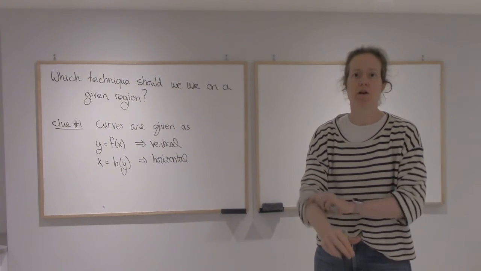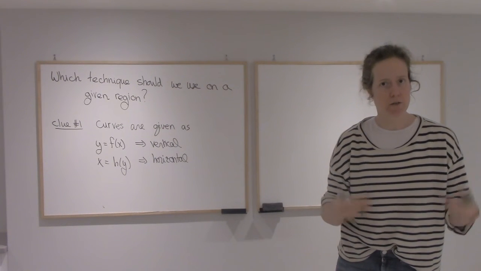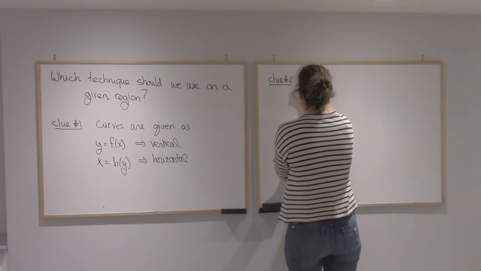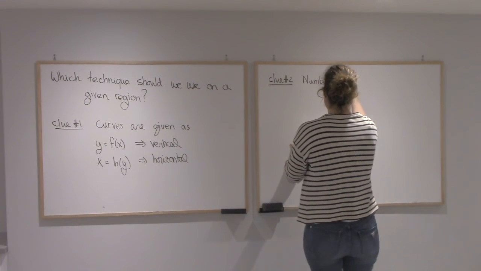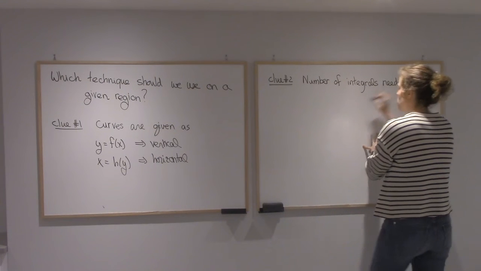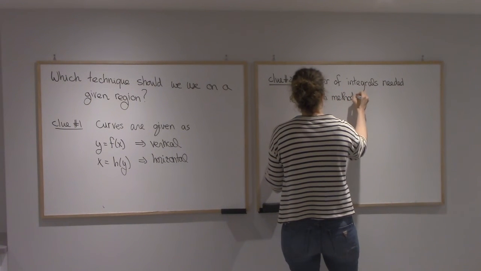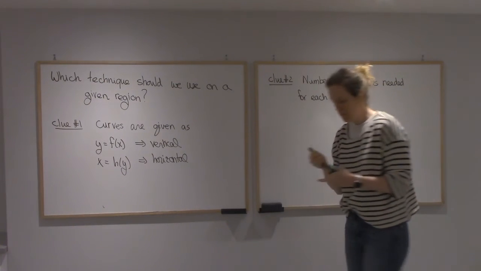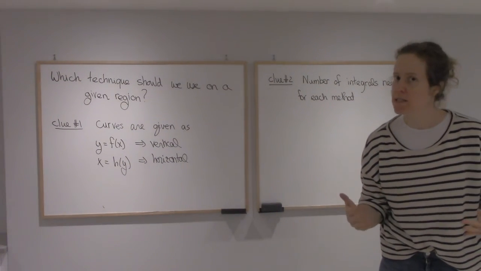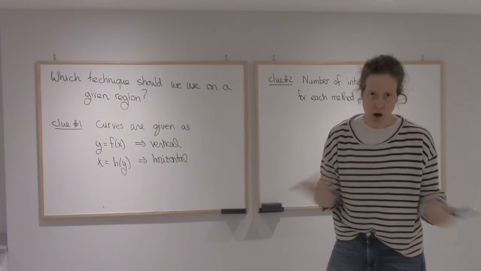The second clue is a bit more subtle. Once you sketch your region, looking at the sticks, you'll be able to tell whether you would need more than one integral to compute your region. So if top changes often, if bottom changes often, but right and left are always the same curve, then horizontal slicing would be better. If right and left keep changing, but top and bottom are always the same curve, then vertical